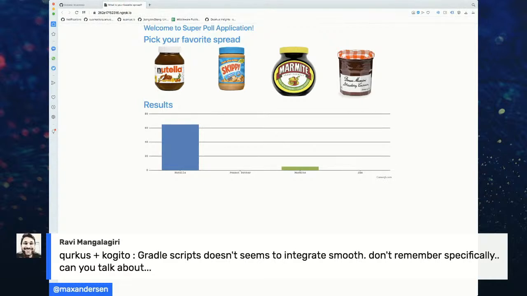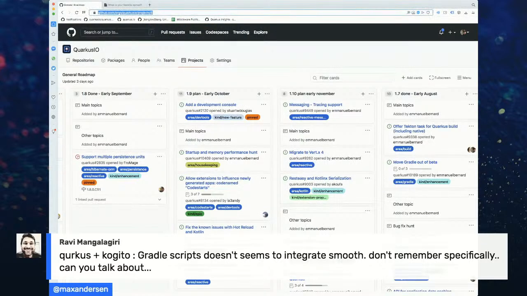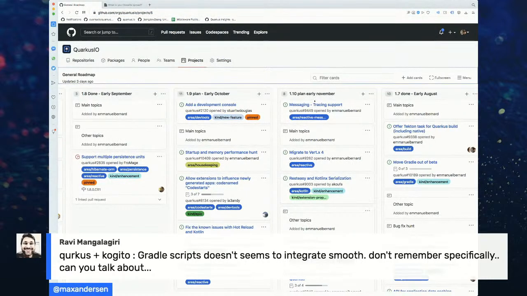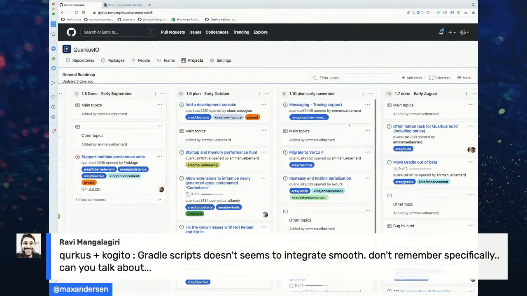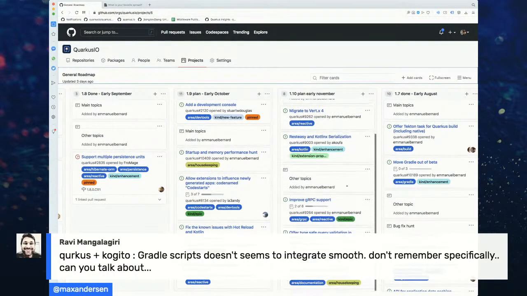I did hear about some stuff in OptaPlanner, but that was just stuff OptaPlanner hasn't done yet. But if you want to know what to look for in the coming releases, we have this roadmap link. It needs an update soon, but you'll see 1.9 is more or less done. We have a few things done in here, like Vert.x 4. Whether that happens in 1.10, I think it's going to be a bit late. There are a few other things in here. The one thing I do know we're working on is